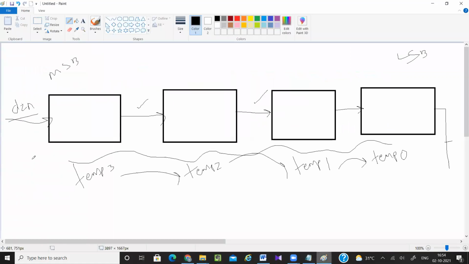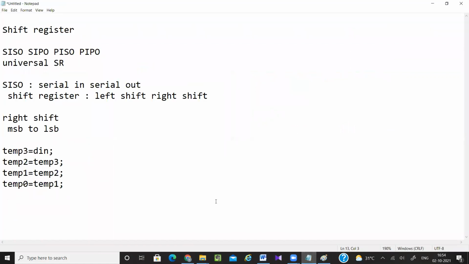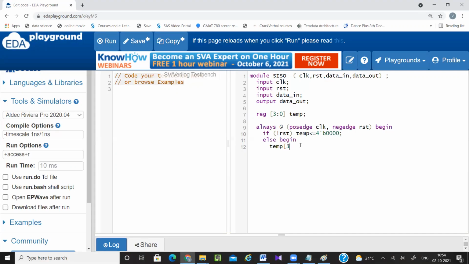These things are simple, whatever is done here. First temp of 3 equals d in. Here I have to use non-blocking assignment. As I have said, while designing a sequential circuit we have to use non-blocking assignment. What happens if we use blocking assignment, I have explained in another video. Next, temp of 2 equals temp of 3, that means the temp 3 value is shifted to temp 2.